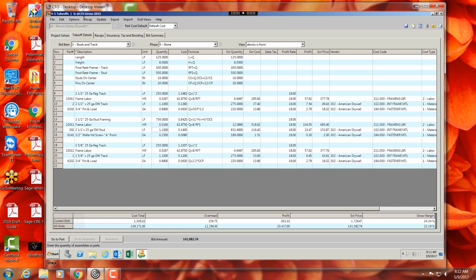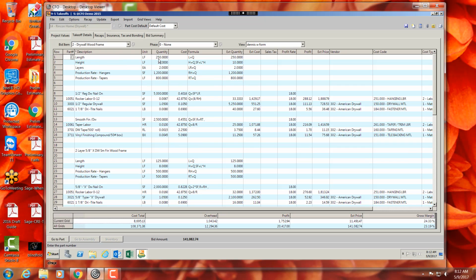So this is a drywall job, and on this job I had a couple different bid items. I had studs, I had drywall, wood frame, metal frame, shaft wall, ceiling, lath and plaster, and some additional wiring. But anyway, if I'm coming into drywall, the way we set this one up, and there's lots of ways to do it, but this is just a way,